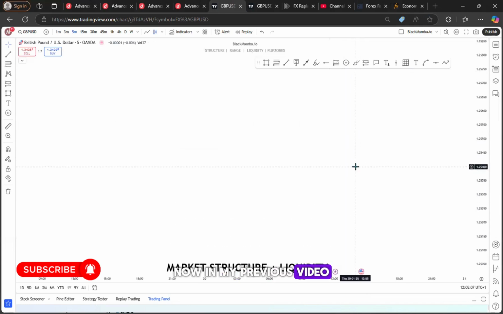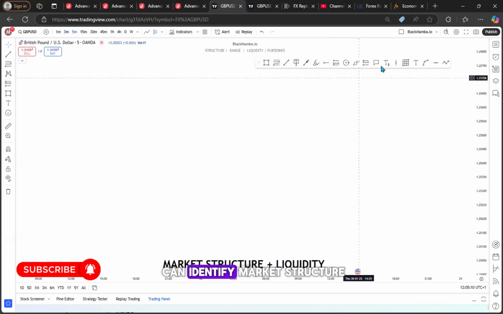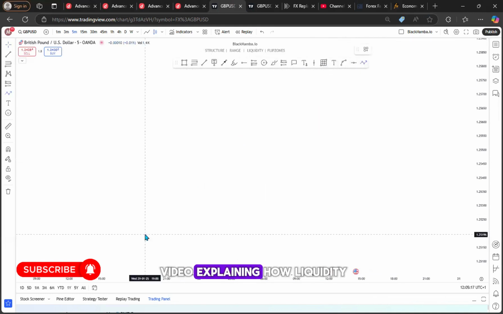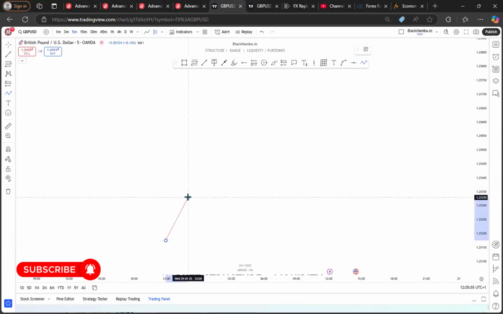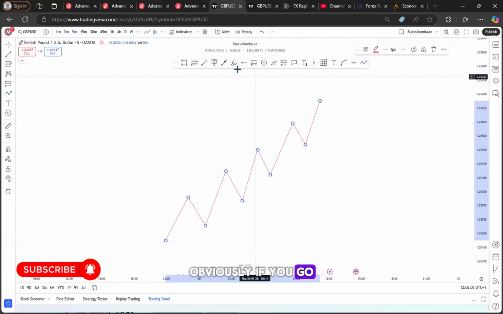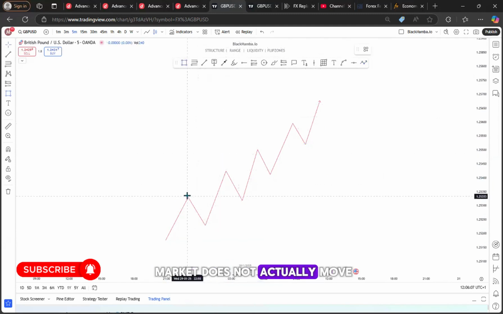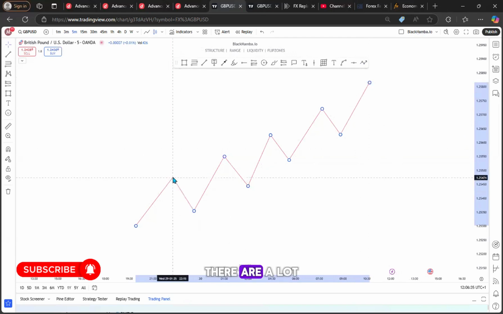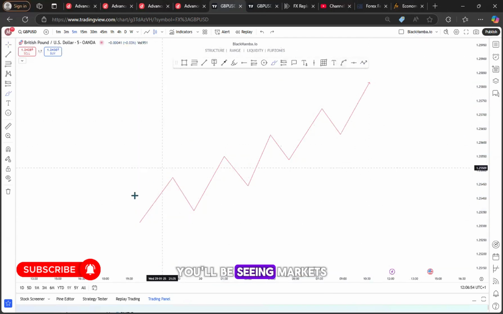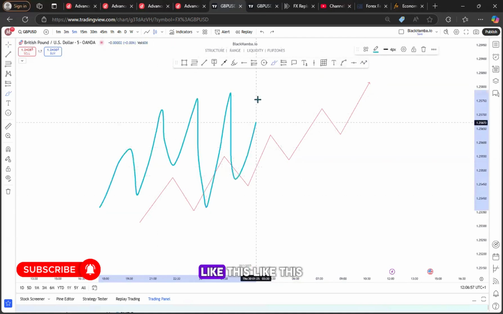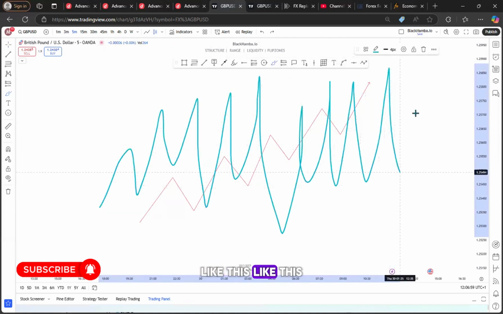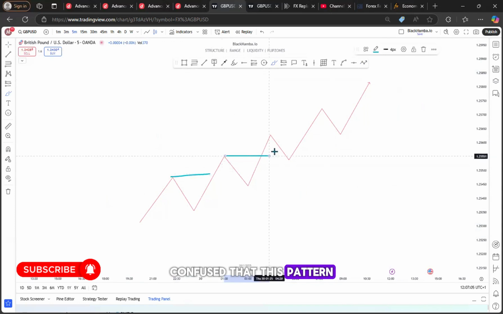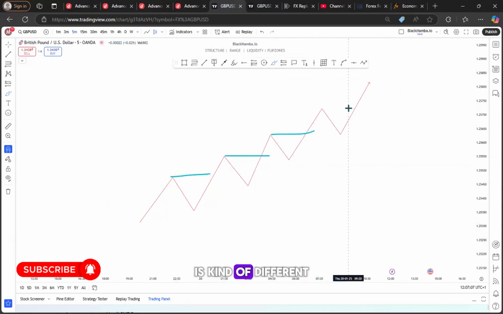Now, in my previous video, I explained how you can identify market structure, and I also released another video explaining how liquidity actually works. Obviously, if you go to your chart, you will notice that the market does not actually move zigzag like this. Price moves in waves. There are a lot of manipulations and all that. You'll see the market moving like this, and you'll be confused that the pattern I drew here is different from what you are seeing